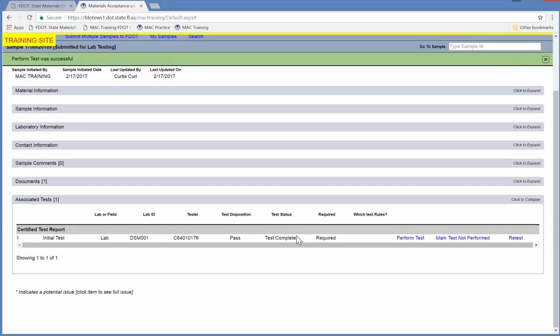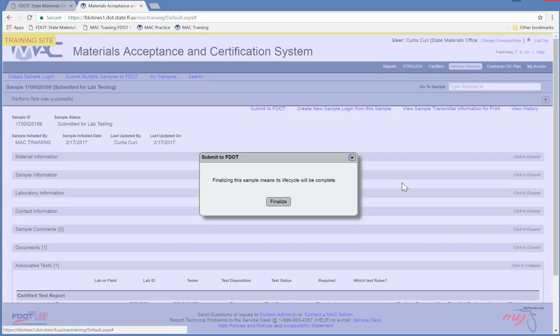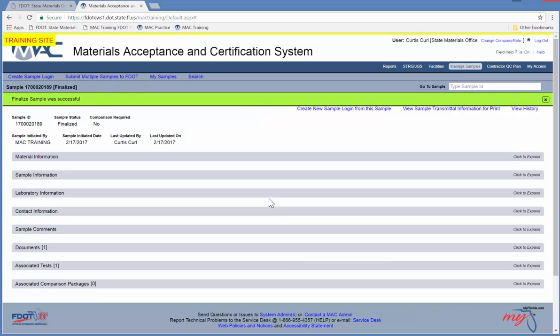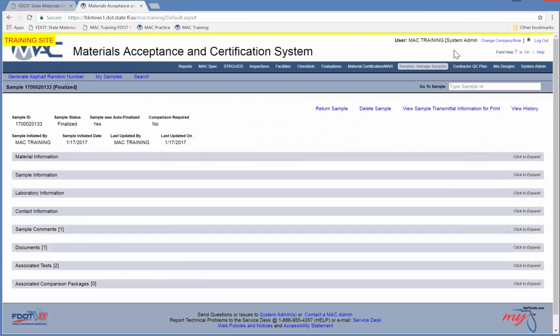The last step would be for the State Materials Office to submit to FDOT, which will auto-finalize the sample, placing it in a finalized status, which basically means the State Material Office has received the report, reviewed it, and agrees with it. The final portion of this video will demonstrate how the MAC system functions when a sample has been